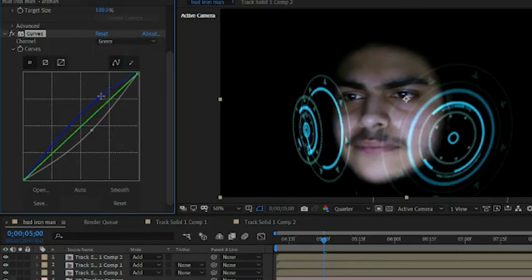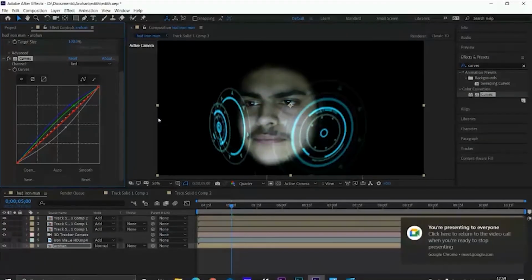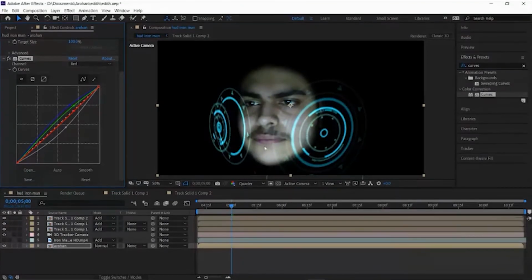You can increase green, you can decrease red, whatever the color of the HUD footage you are using. It depends on that. Since the HUD footage we are using right now is cyan, I am increasing blue and green while reducing red. So we get a similar effect.